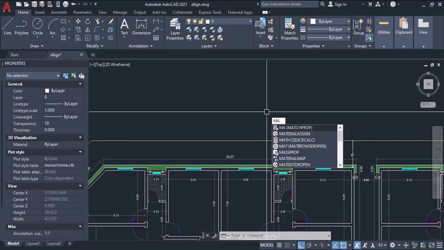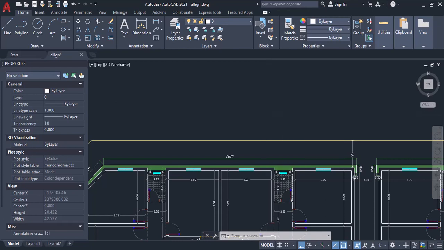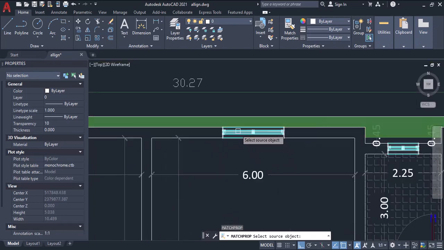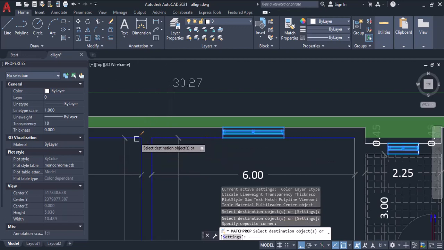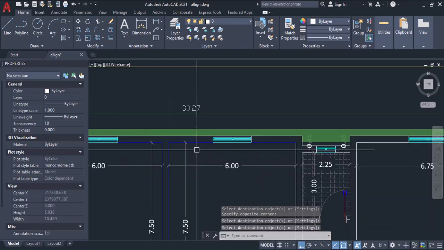The Match command in AutoCAD is a handy tool that allows you to quickly match the properties of one object to another. To access the Match command, simply type MATCHPROP in the command line and press Enter, or you can find it in the Home tab under the Properties